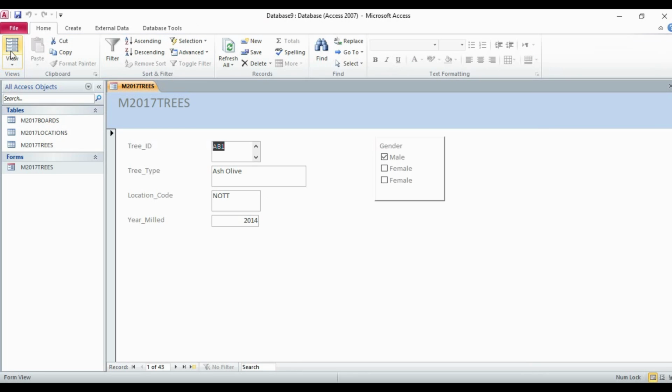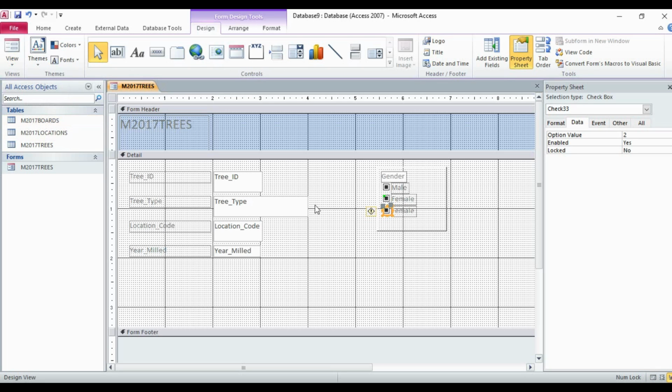So what will happen if we do this? Let's have a look here. Click on the form view. Now male is checked by default, as we have chosen by default male should be checked, and if I choose female, now both will be checked. Now go to design view.